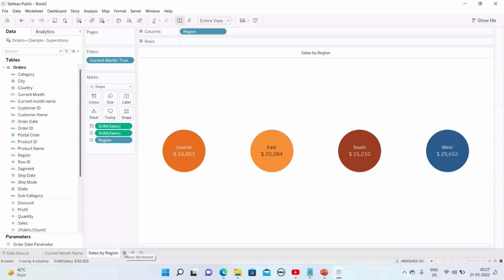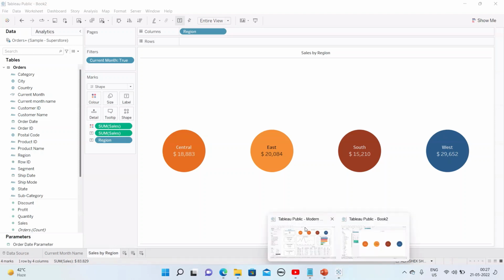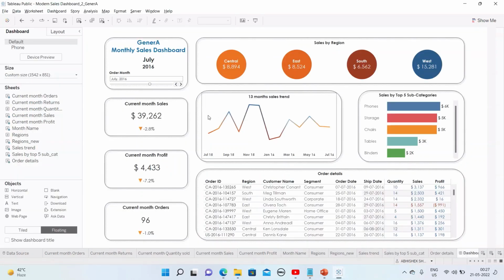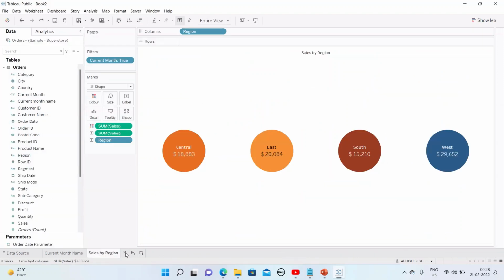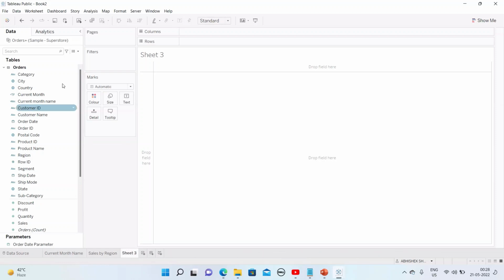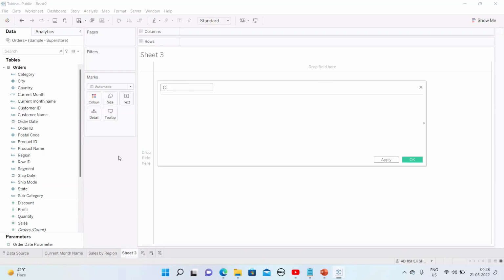The third visual will be, let's create these 3 KPIs, the current month sales, profit and orders, along with the month over month change, right? So this is a very interesting part, right? So create a new sheet. Let's create a new calculated field,